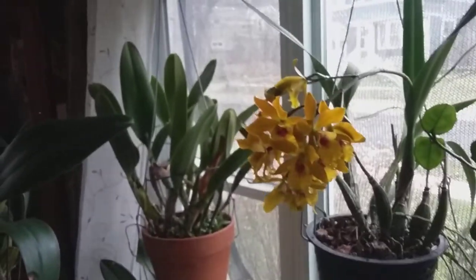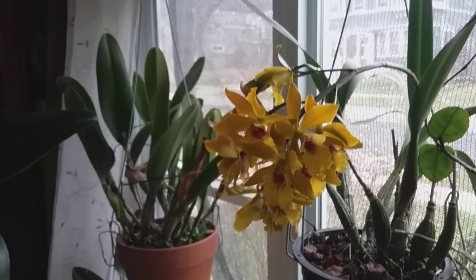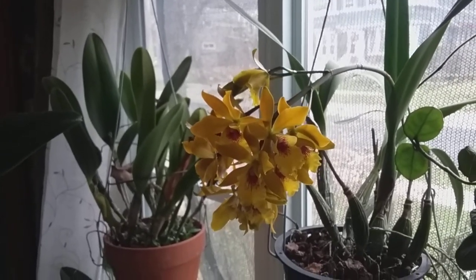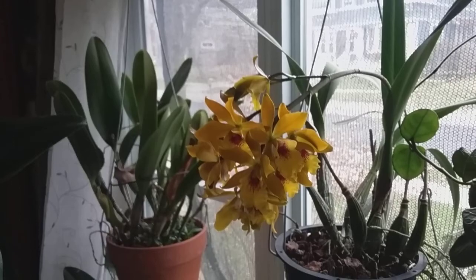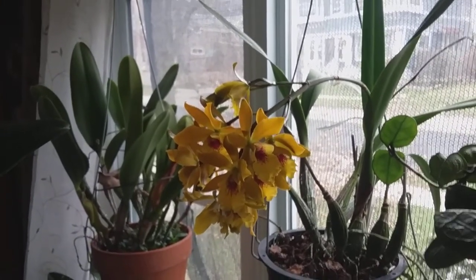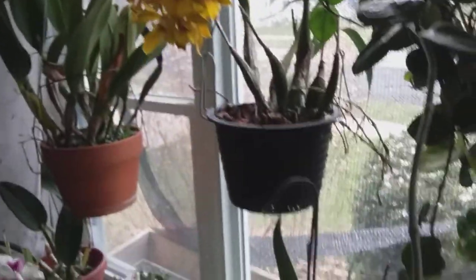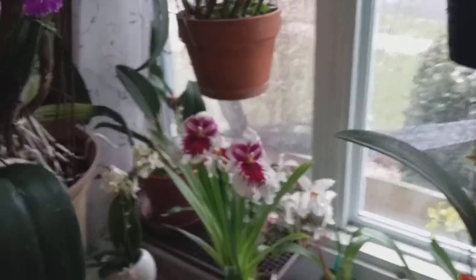And also this Jackie Bright, the light's a little bit better today. You can see it. This was a bag baby from Lowe's 5 years ago or so, and I've had it bloom every year since I got it. And then we see the ones that I showed in the last video that I got from Marlowe's,